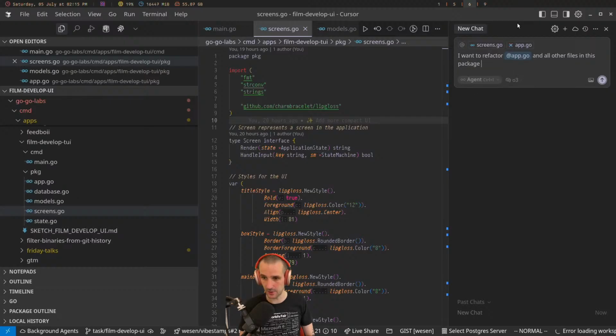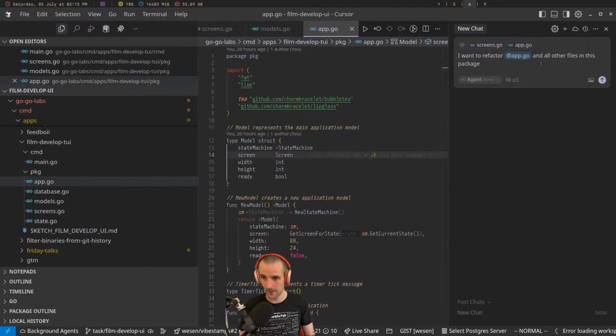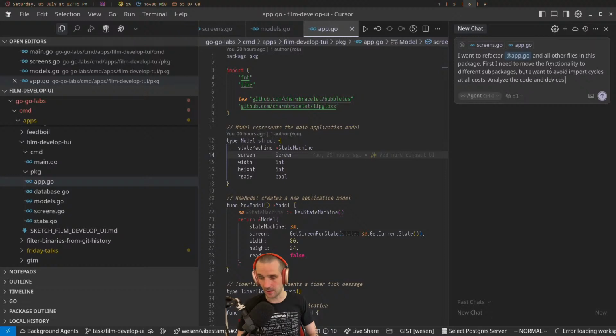Is this the right app.go? Just to be sure. Yeah. First, I need to move the functionality to different sub-packages, but I want to avoid import cycles at all costs. Analyze the code and devise a